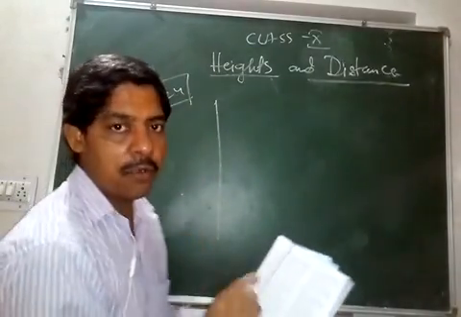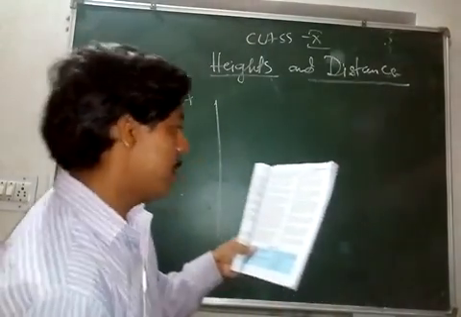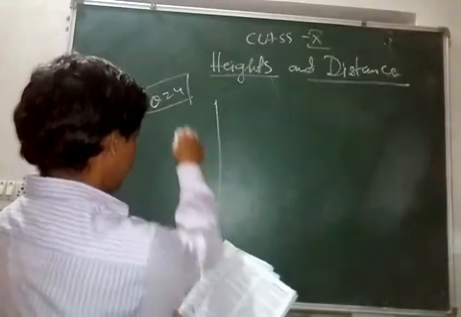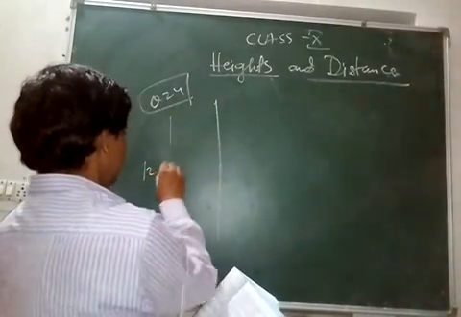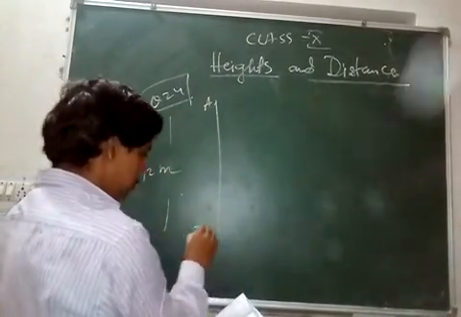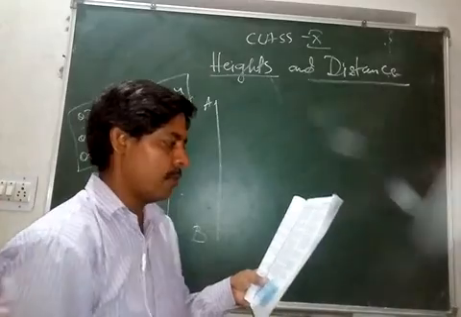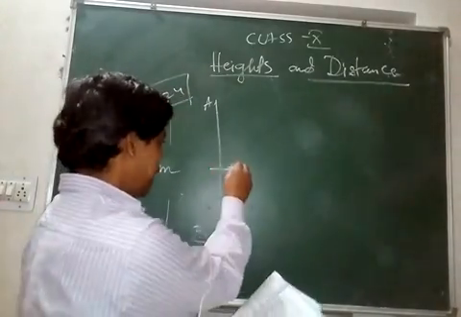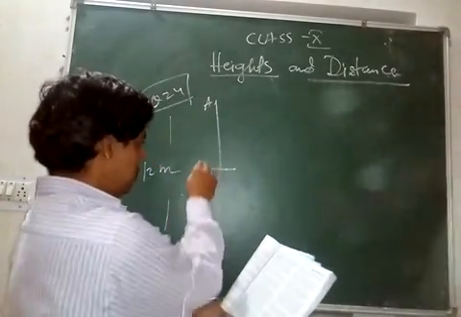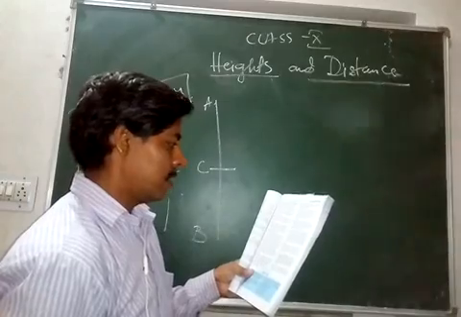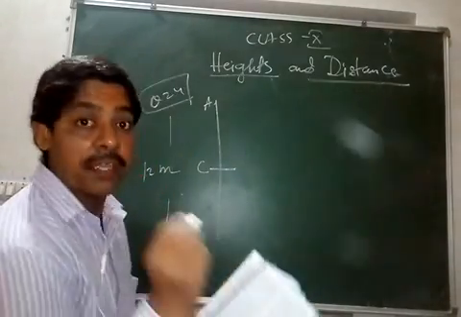Now I am reading the question and drawing the diagram. So this is the tree. Now vertical tree 12-meter high. So the total height is 12 meter. Okay. We have done one more question like this, but this is a different one. Its top touches, so it breaks somewhere from here. We don't know what the point is. Let the point be C, and the top makes an angle of 60 degree with the ground.